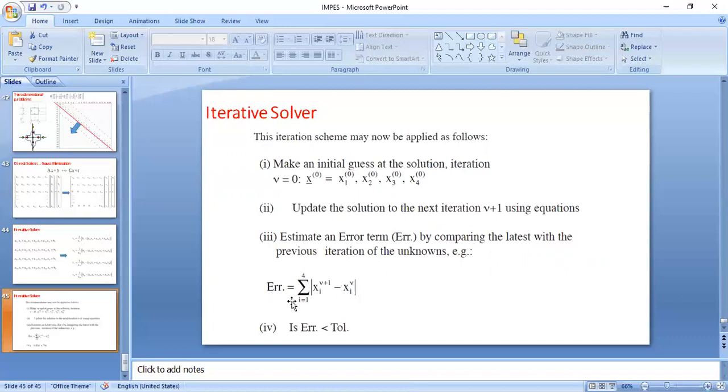This is a mathematical form of convergence which we apply in numerical schemes. If my solution has converged, then my assumed value and the computed value should be equal. In case of a matrix, in order to get it into a single value, we use the summation of individual node differences. If our solution has converged, then this error should be less than some tolerance value. Not essentially, you cannot make it equal to 0.